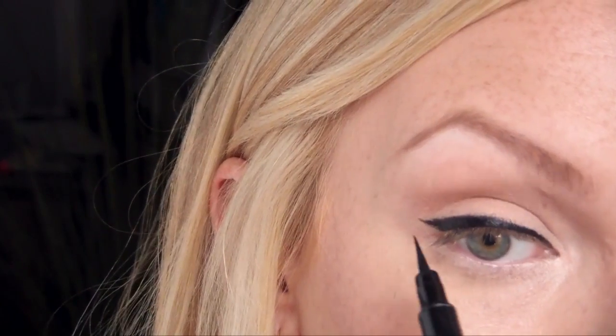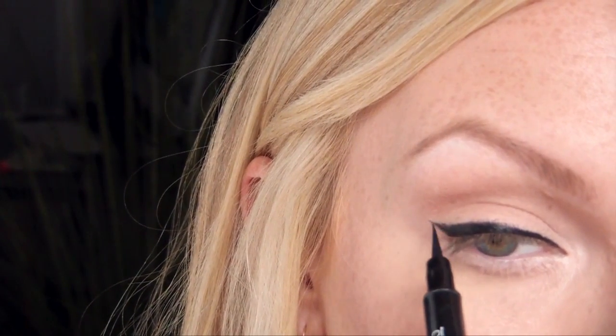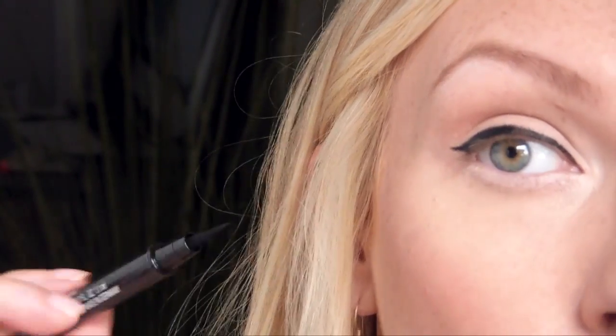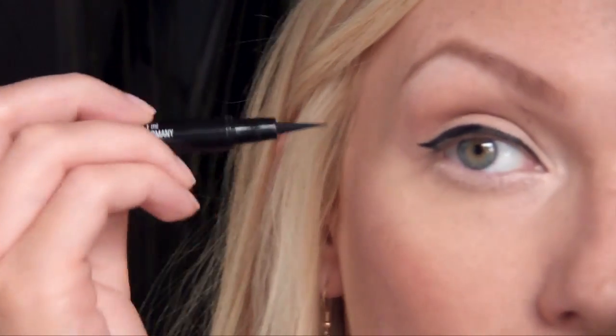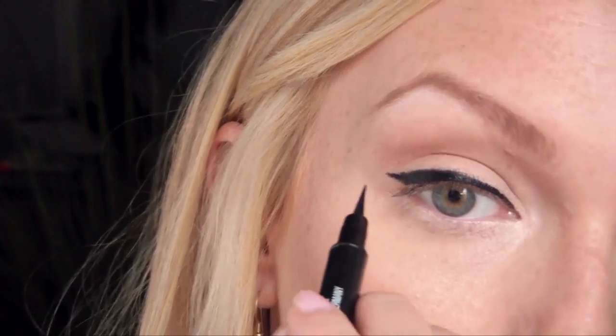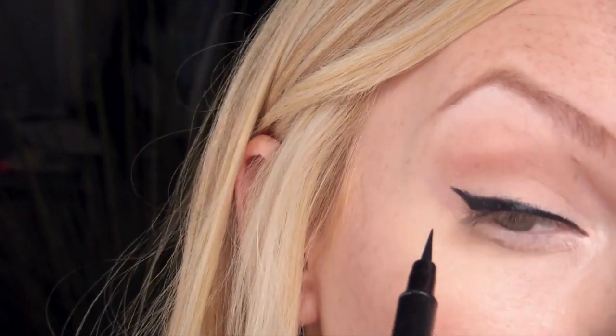You can just go back over that a few times until you get the intensity that you want, just like that. So for me, way easier than trying to trace out a tapered line. You would think that would be the easiest way, but for me, I always tend to mess up when I do it that way. I still mess up all the time, but this makes it a little easier. So then what I want to do is pretty much